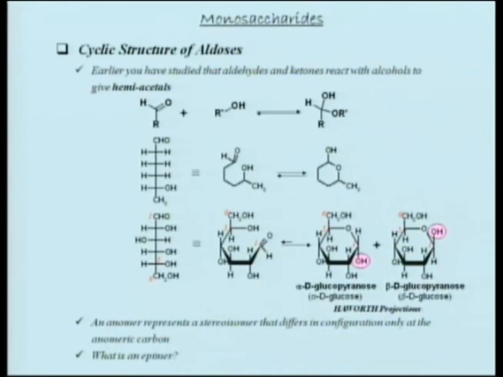I like to refer to the OH primarily because there are so many, especially fructose, for example, where there is no H. Okay, and that's why it is a little bit confusing. So I like to use the OH terminology. So OH and CH2OH away from each other, that is alpha. OH and CH2OH on the same side, beta.